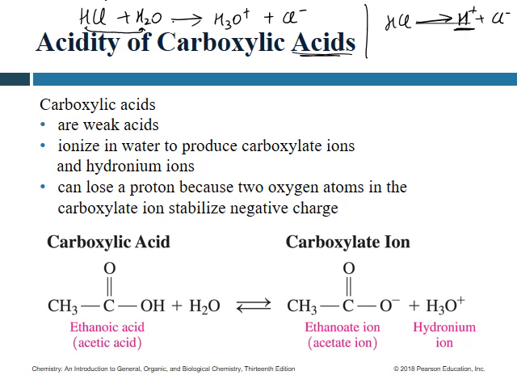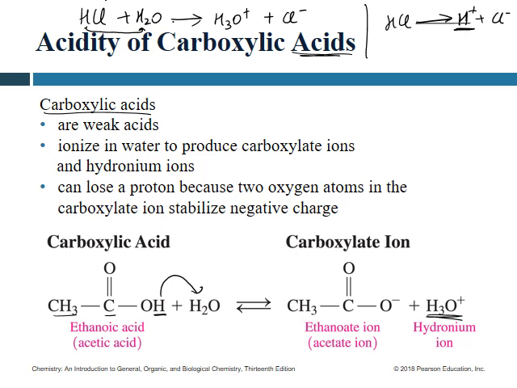So this is how acids behave. Acids donate a proton. They lose hydrogen or lose a proton. So what would a carboxylic acid do? They do the exact same thing. They can also lose a proton. So for instance, right here we have CH3COOH. This hydrogen, which is bonded to the O, the hydroxyl group, can be lost as a proton. So this hydrogen will be donated, it will be lost, water will accept it, it will turn water into H3O plus, and the rest we will be left with